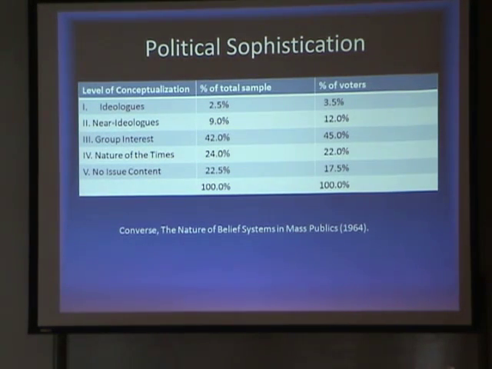What we don't have to worry about is the last group, the no-issue content. They're essentially so random. In other words, there's so little that can stick in there that their decision-making is on things that are secondary to the choice. And we used to see examples like this. I used to live in Minnesota, and on the local elections, if you had a Scandinavian name and your opponent was Polish, the Scandinavian would win, and you could predict with great